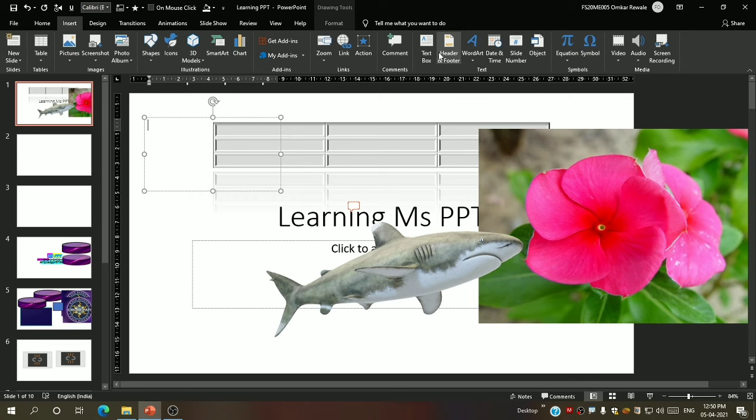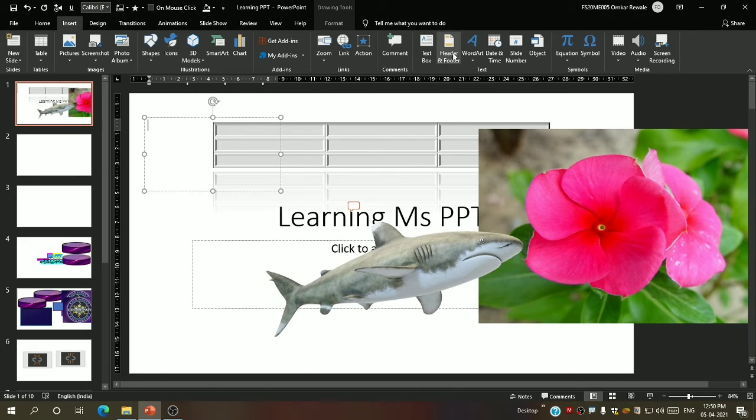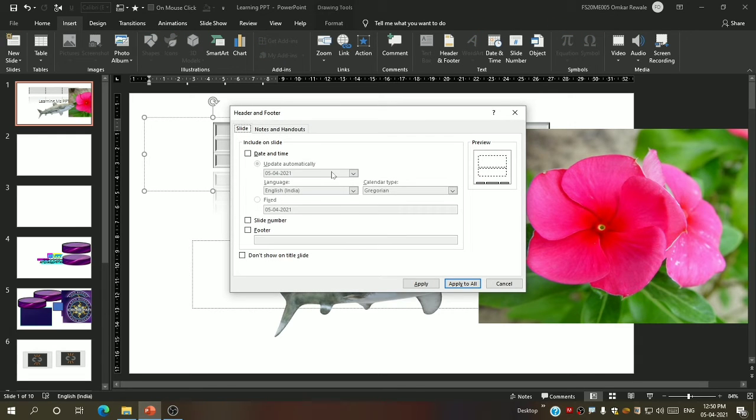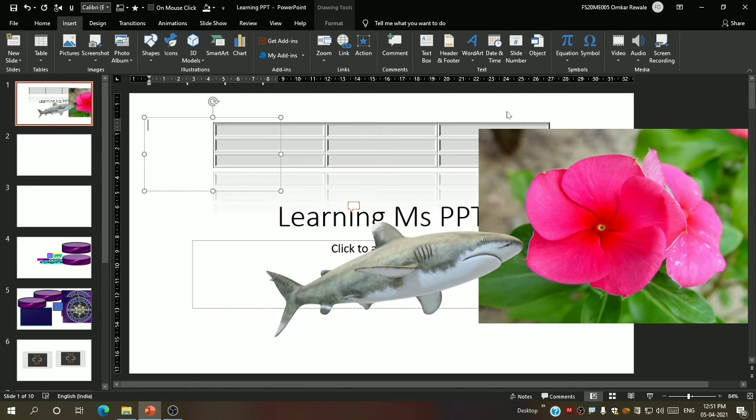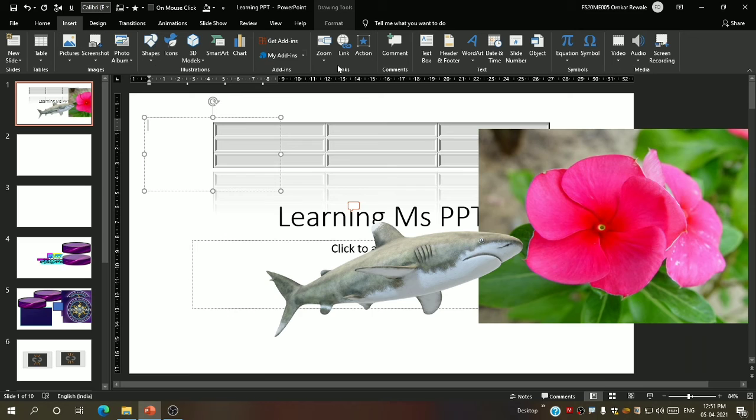Then header and footer, you can also add the header and footer. Date and time. Okay, it is not required right now how to add them, but remember that you can add header and footer from here. When you make some presentations and have to add some header and footer, at that time you will automatically get to know how to add. It is very simple, but for right now we will go slowly from the very basics.